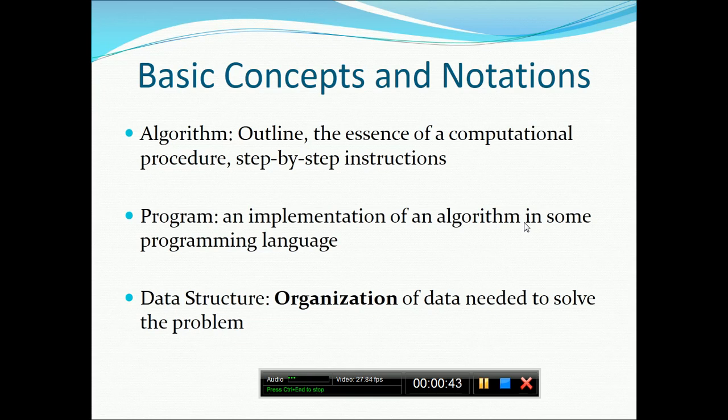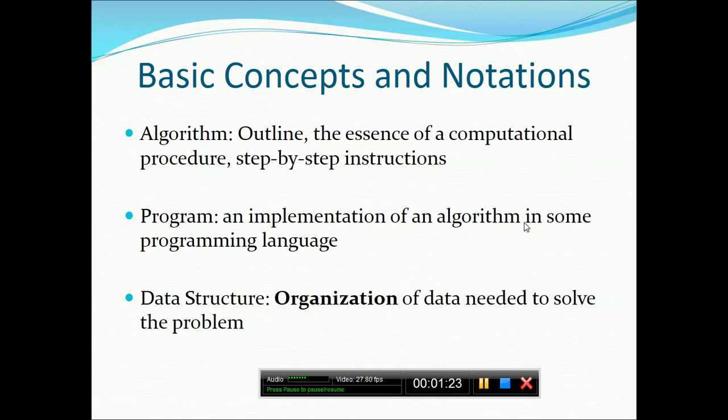An algorithm is the step-by-step instruction of a computational procedure. It means it is a step-by-step solution to a problem. We call this thing an algorithm. One thing you should be very clear about: whenever you are writing an algorithm, it should be a very clear step-by-step instruction, so that the person reading that particular algorithm can understand the solution or instruction to solve that problem. Also, your algorithm should be unambiguous. Whenever I say unambiguous, it means all the steps should be clearly defined.